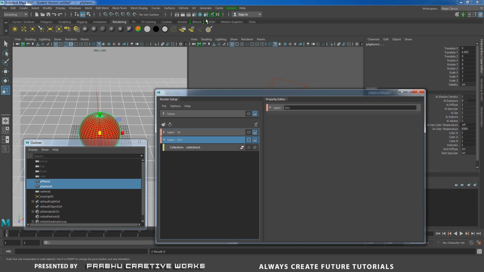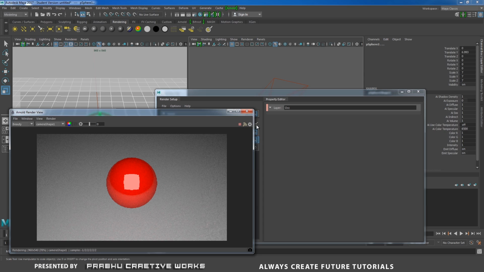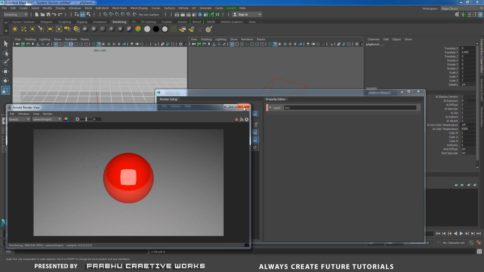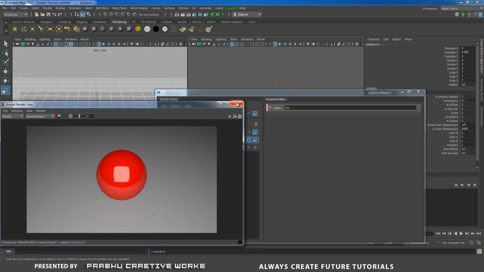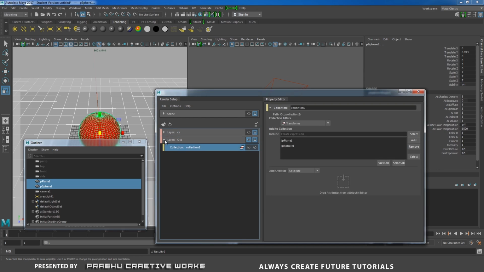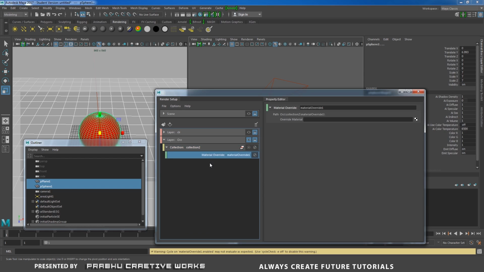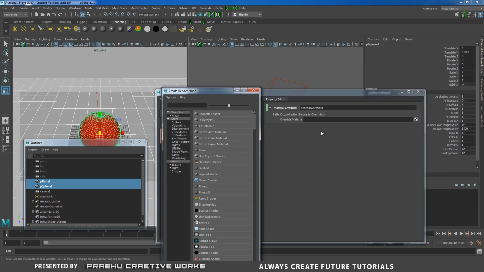occlusion pass, when I open my Arnold render view, it's still rendering our light pass. So we need to add the occlusion pass over here. So I will close my Arnold render view. Here you want to expand this one and right click and choose create material override. In this material override, when the material override is selected, click on this checker and in Arnold you need to choose